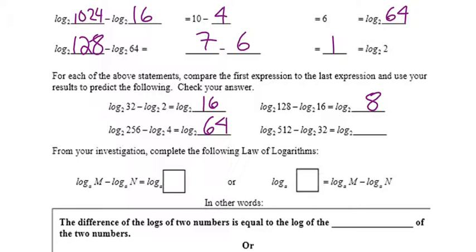What's log base 2 of 512 minus log base 2 of 32? How are you doing all those? What operation? Oh, you were just looking up there. So what was the operation you do? What do we do with 32 and 2 to get 16? Divide, right? So log base a of m minus log base a of n is equal to log base a of